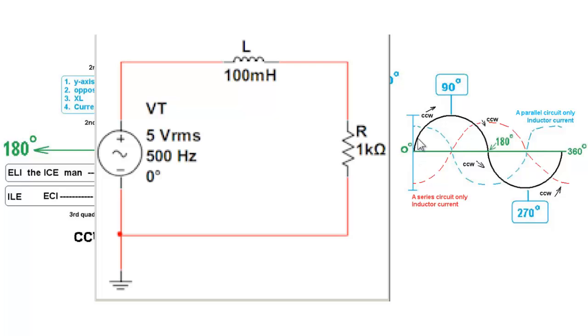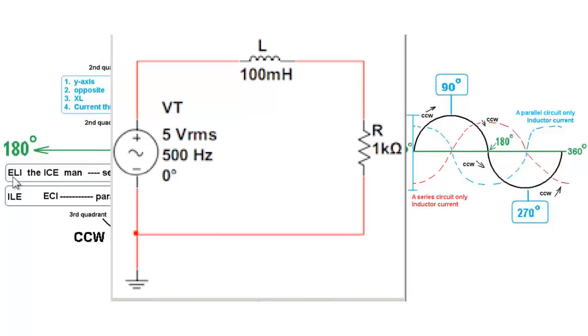And 90 degrees later, which is in a blink of an eye, in a few microseconds, the current through the inductor starts building up because it lags by 90 degrees. According to the mnemonic, voltage leads the current, or the current lags the voltage. Okay, but the current is at a 90-degree deficit when the voltage is starting out. So the voltage is leading the current in this kind of circuit,